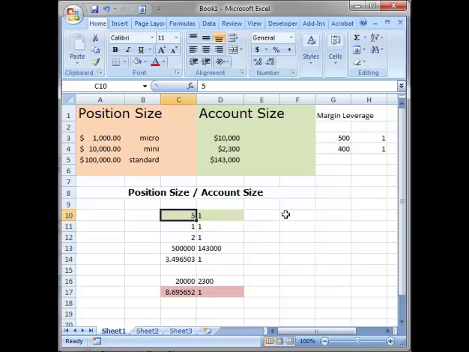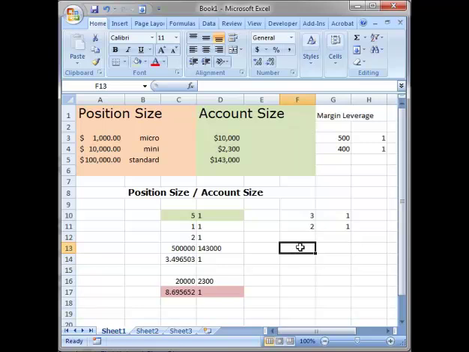Now, most of our trades are going to be something like 3 to 1 or maybe 2 to 1. Very rare will you go up to 5 to 1. You might do that maybe 5 times a year or once a month, if that. It all depends on what you see. If you like what you see, and you have good, strong probability, then you might want to go up to a higher leverage. If you don't, if it's something like a Sunday night or Friday, when you don't have a lot of volume in the market,